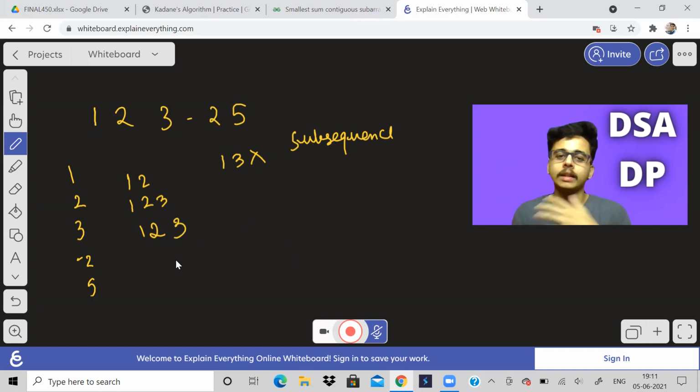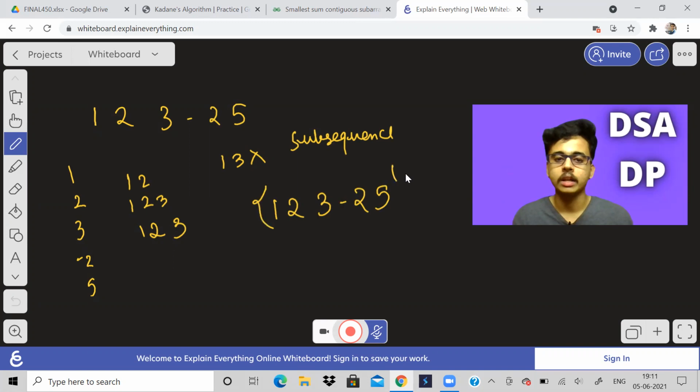If you list out all the subarrays, try to do it manually and then see which is the longest, not longest, sorry, maximum subarray. So the maximum subarray sum will be this only. If you take this entire subarray, what is the sum? 9. But how do we do this? How do we write it in code?